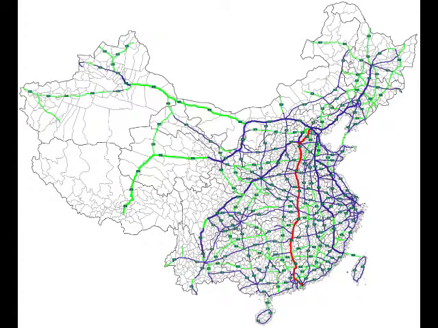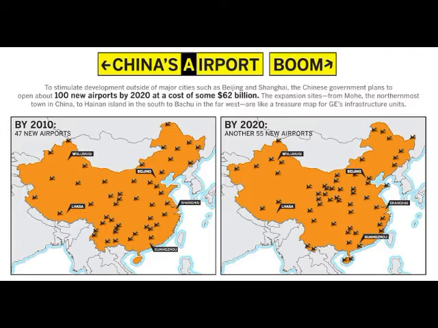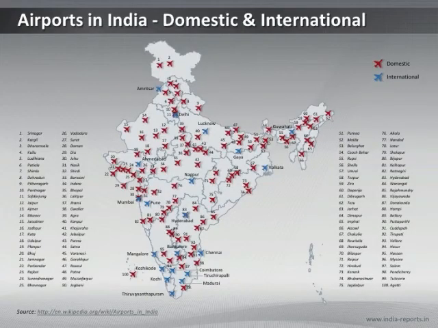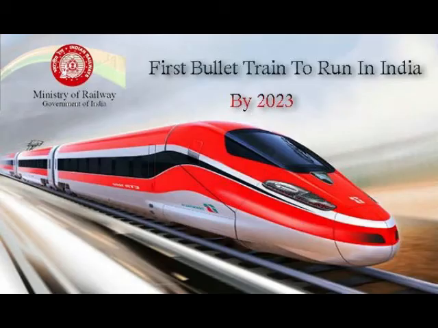Today, China's road network is the second largest in the world, with almost 96,000 km of expressway compared to India's 600 km of expressway. Nowadays, China has more than 400 airports compared to India's 120 plus airports. Their high-speed railway network is almost 25,000 km and mostly made in China, whereas India's bullet train from Japan is still yet to be built.